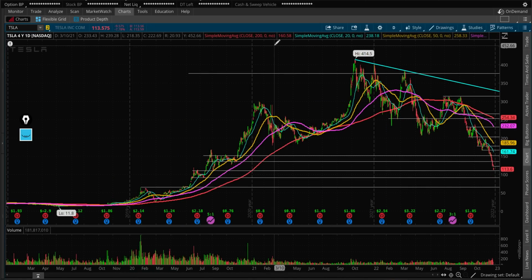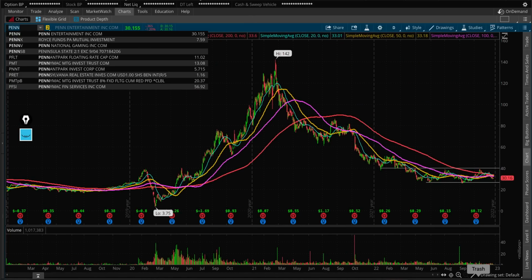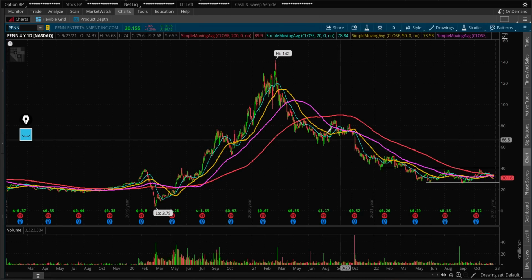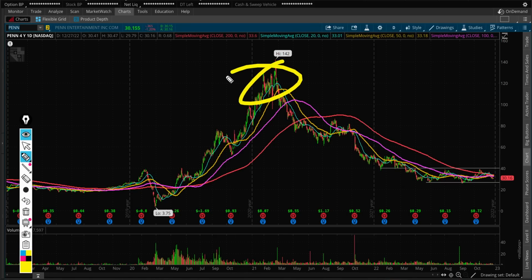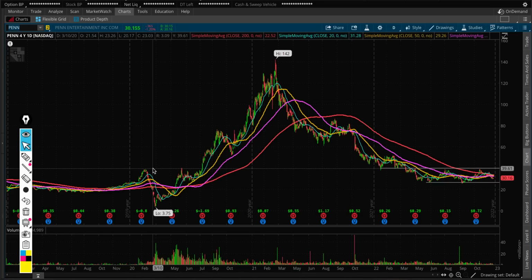Another stock I have watched, I have a little bit of a theory when it comes to stocks joining the S&P 500 and then doing something like this. If you want to watch Penn National, Penn basically repeated the same pattern Tesla is repeating after it joined the S&P 500 right at the top of its price, and now it's sitting at $30. I don't want to call S&P 500 ETF investing a scam, but when you see stocks like this that join at the top of its range